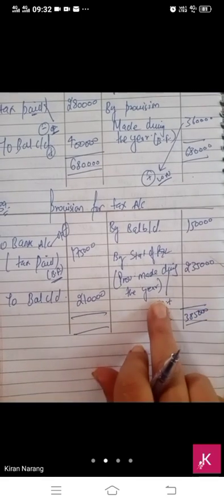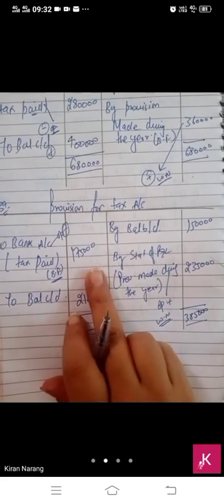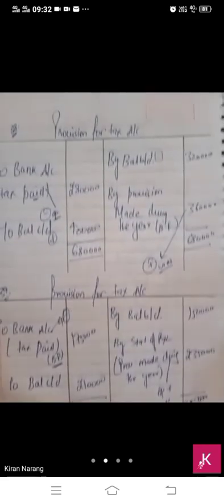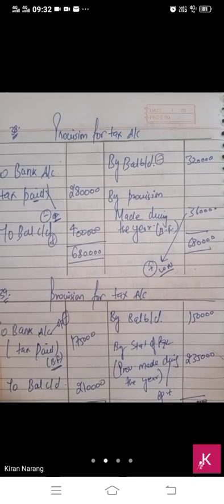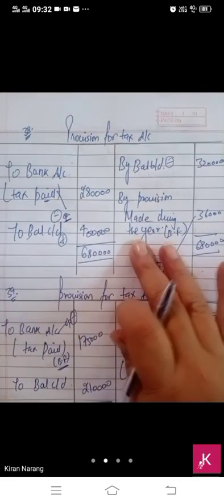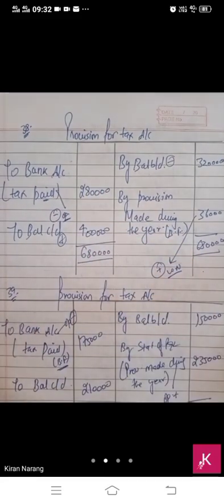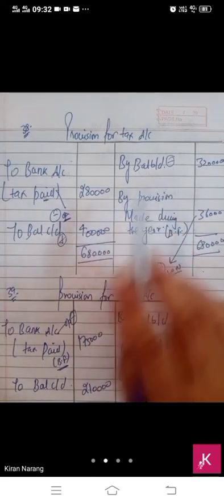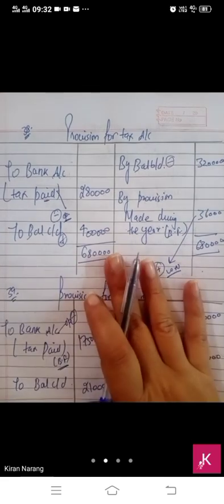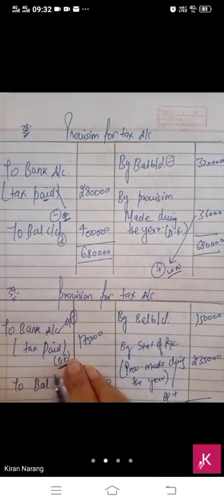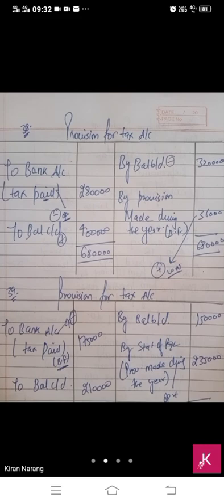If provision made is given to you, then your balancing figure will be tax paid. If tax paid is given to you in the question, then the balancing figure will be provision made. And if either of these two is given to you, then you have to make the account. Otherwise you don't need to prepare this account. Then in that case you will just use these two values. This is the only item whose both values will be used, otherwise बच्चे, we never use both values of any item, we just take the difference.